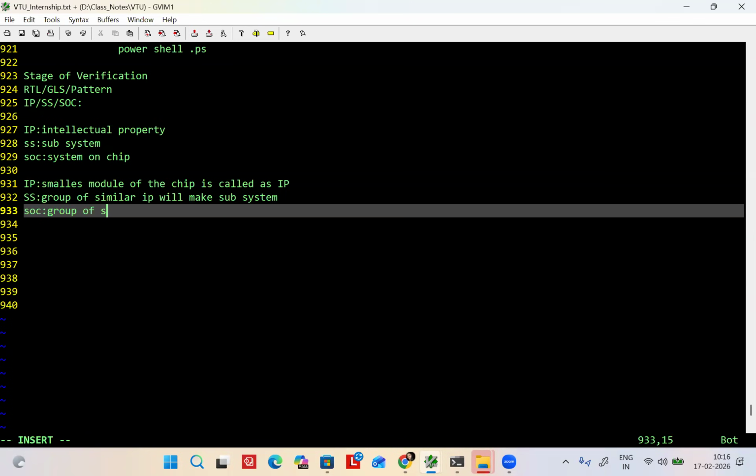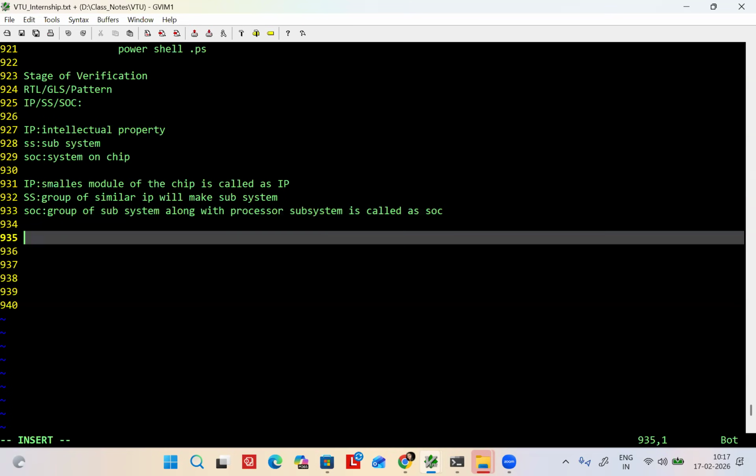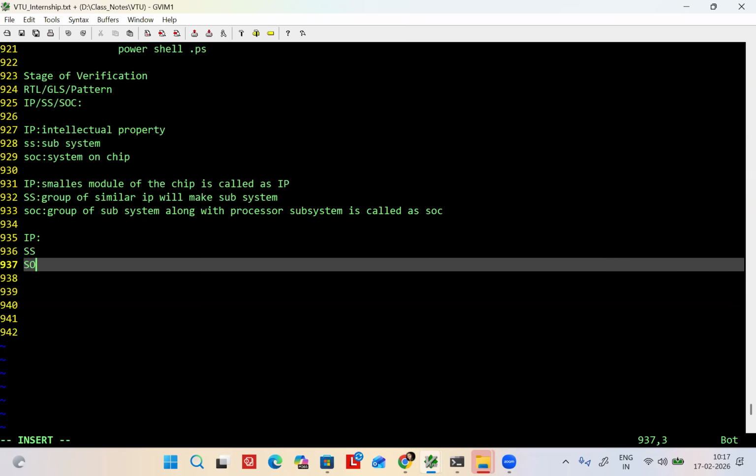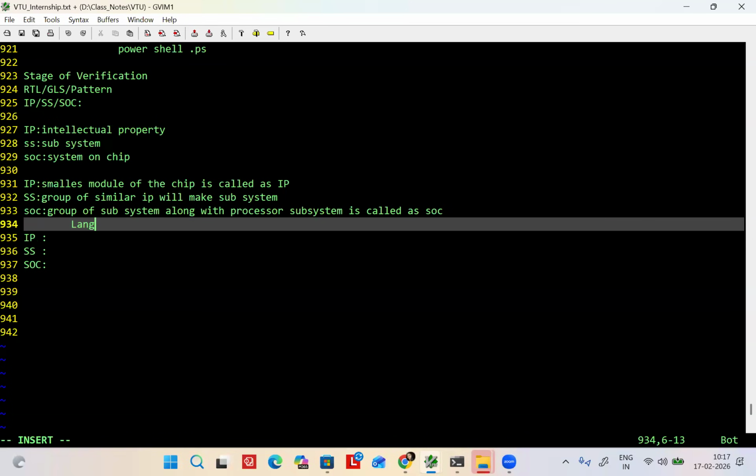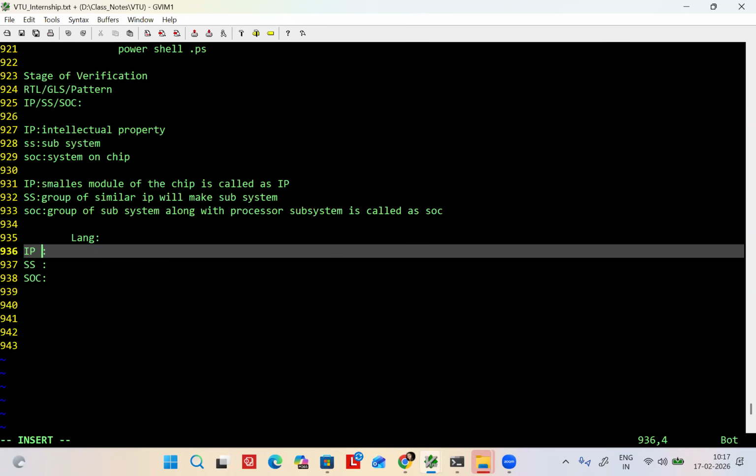A group of IP makes a subsystem. A group of subsystems along with the processor is called SOC. Now, is it clear to everyone what IP, subsystem, SOC are?